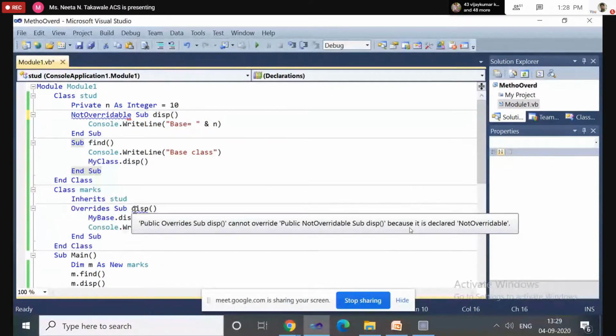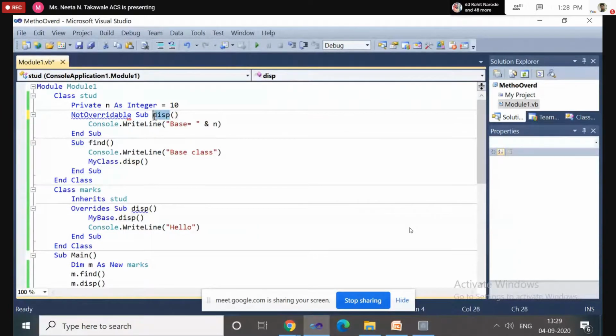Now look at the derived class. Public Overrides Sub display cannot override because it is declared as NotOverridable, which means we cannot override the display method. It is not allowed to override.